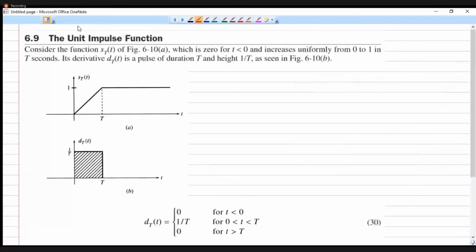Okay, the next standard non-periodic function that we are interested in is called the unit impulse function. This is yet another important function that we will come across, especially to study about the transient conditions. This is more useful when we undergo the course on control system, where we represent a system by its system function, in which we define